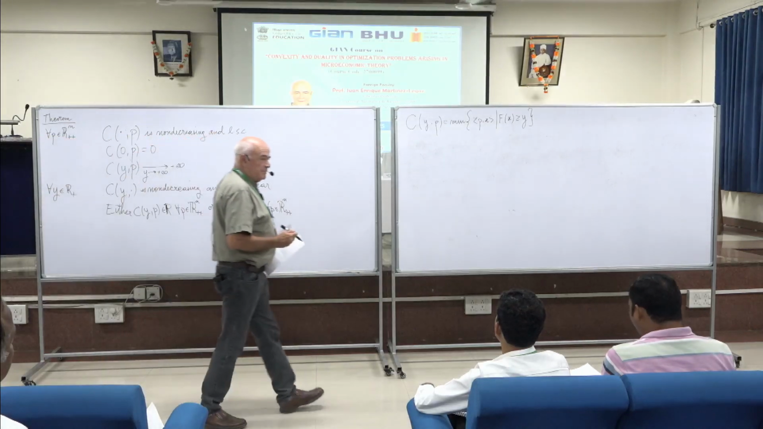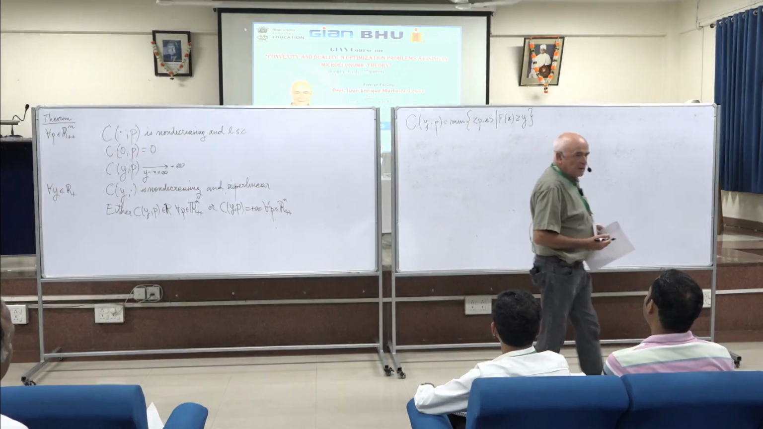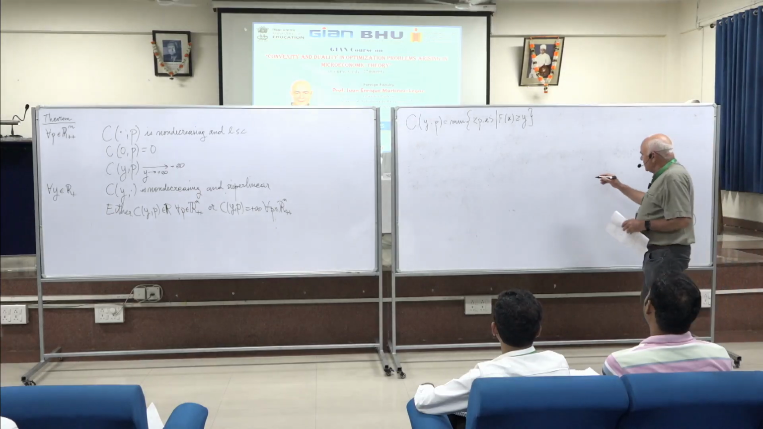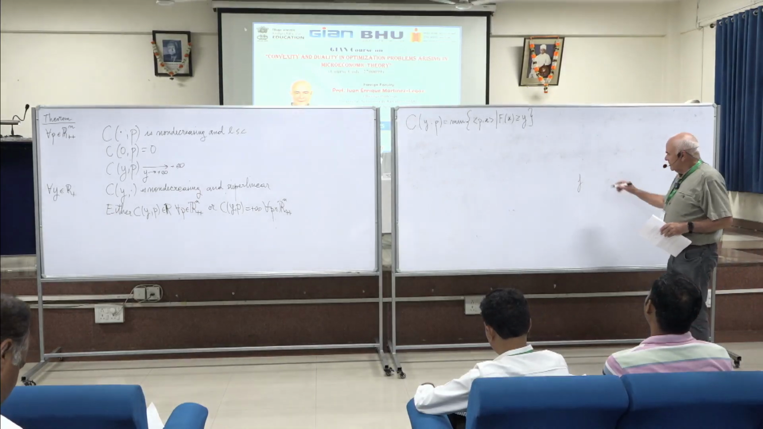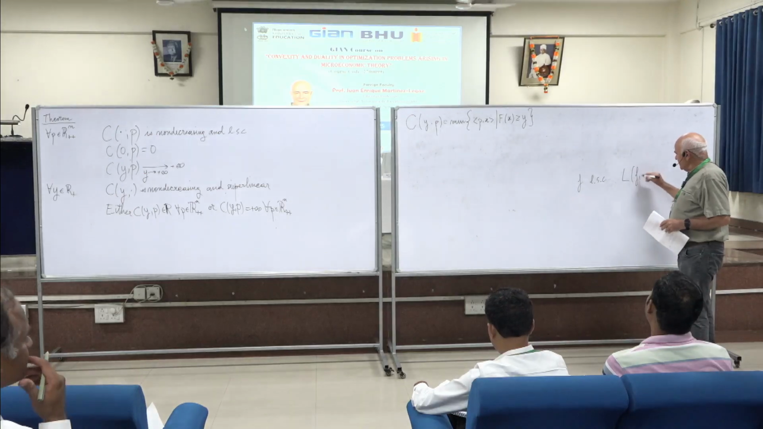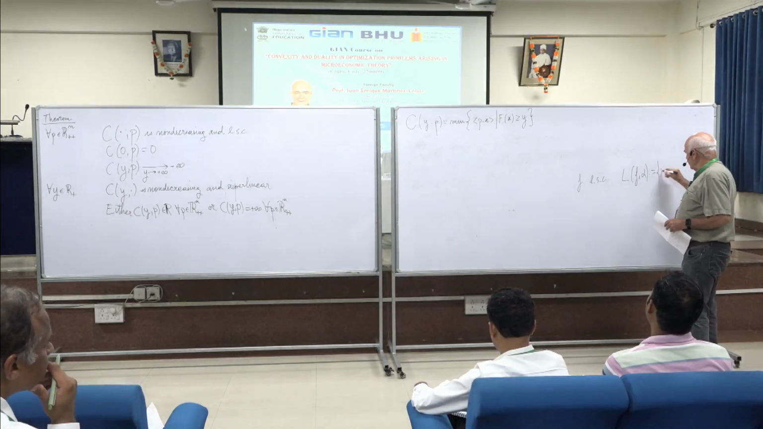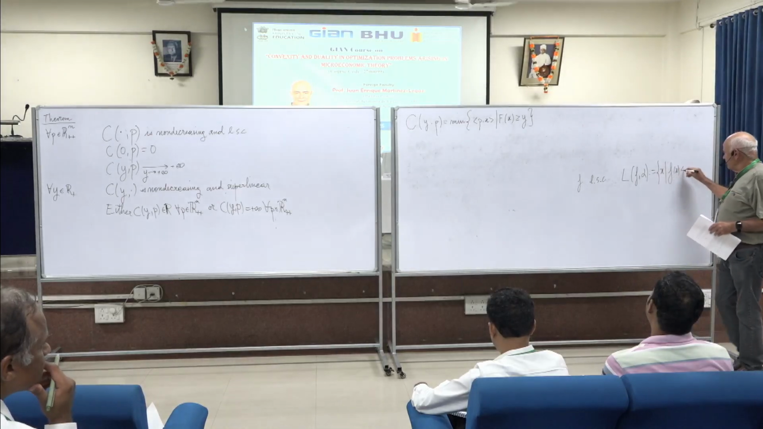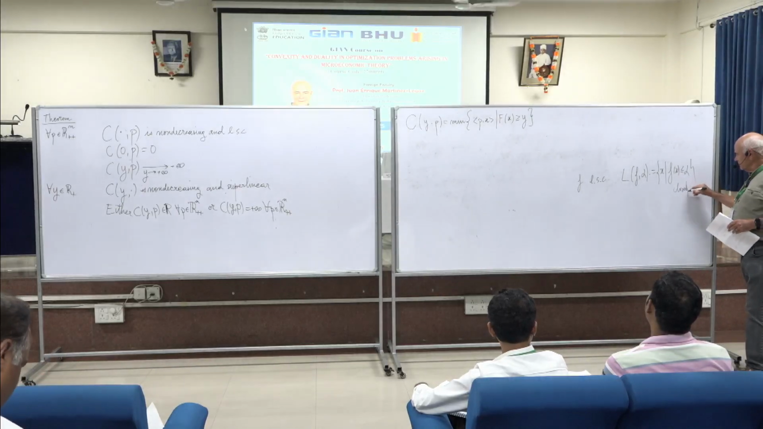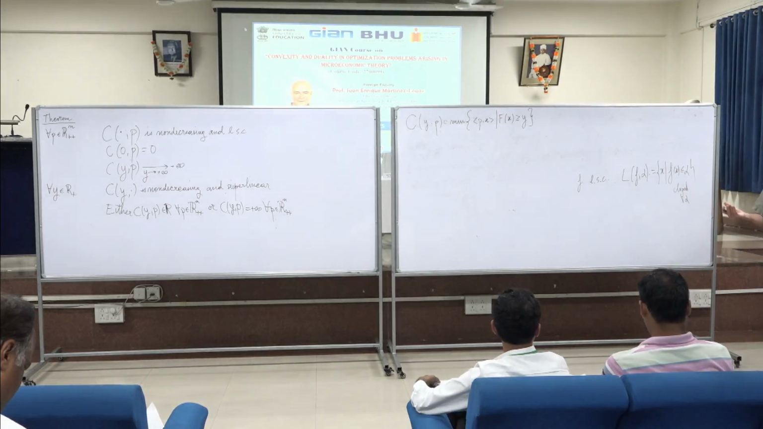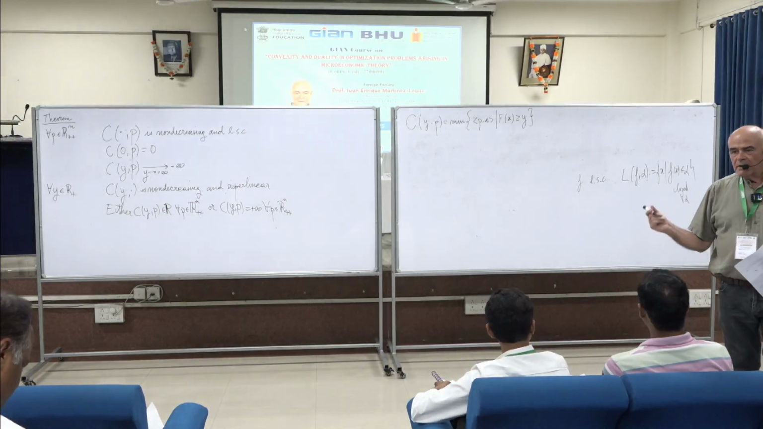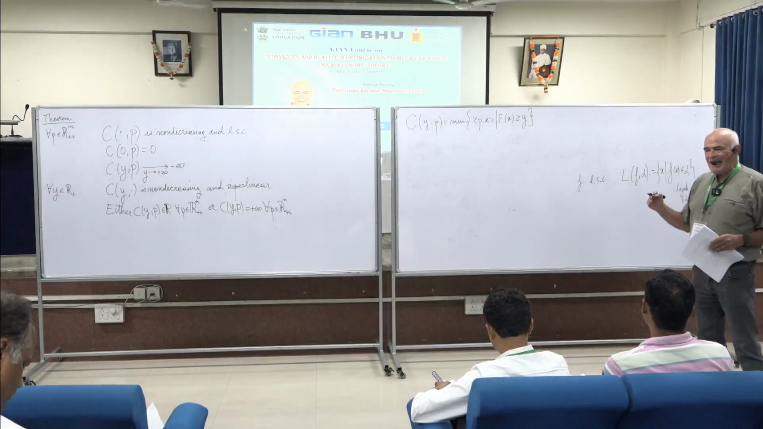Then, lower semi-continuity. I think I didn't define lower semi-continuity, but I defined upper semi-continuity. So a function, let's say f, is lower semi-continuous if the lower level sets are closed. And again, you could prove, similarly as what we did in the case of upper semi-continuity, that this is equivalent to saying that the epigraph